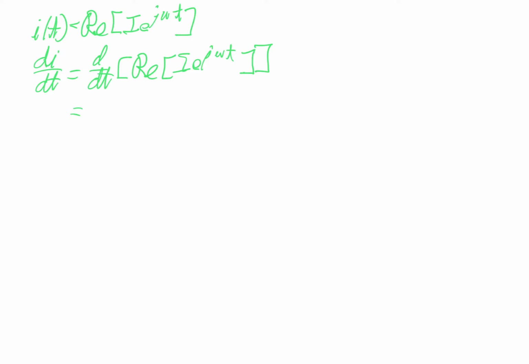The fact that you are taking the derivative of the real part of a quantity, I can interchange those operations. I can take the real part of a derivative, and I will get the same quantity. There's a number of ways to look at derivatives with respect to time of complex quantities, but one of the most direct ways is just to consider the real part and the imaginary part as corresponding signals. Take the time derivative of both, and you will have the correct result. So I take the real part of the derivative of I e to the j omega t,